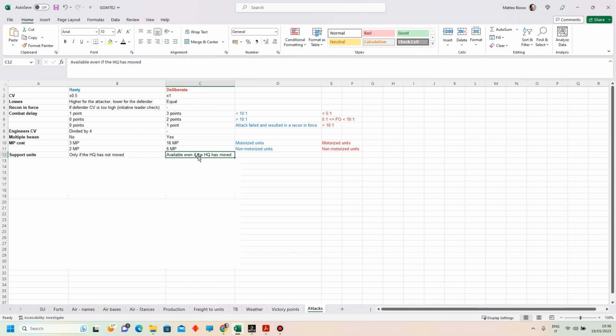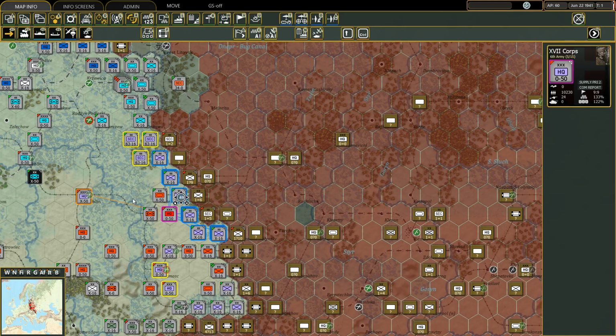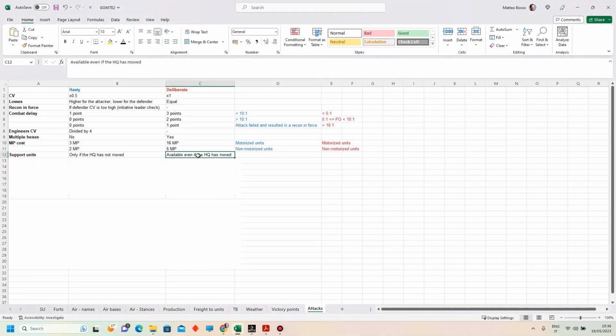And in the case of some, I would say, special units like the Soviet artillery divisions, they can even attack from 2 hexes away. They can be 2 hexes behind the enemy one to perform a deliberate attack. And yeah, so this summarizes the differences between